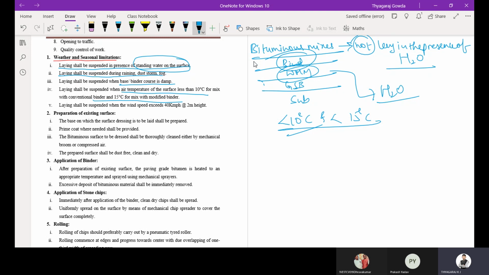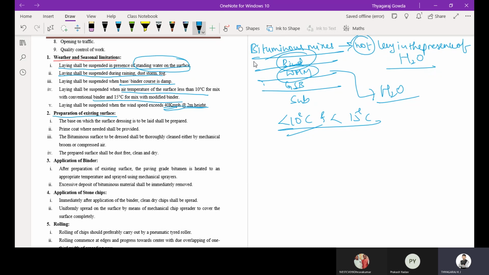Then laying shall be suspended when wind speed exceeds 40 kmph at 2 meter height. That is, when the wind speed is around 40 kmph, then also we are going to stop the laying of bituminous mixes.